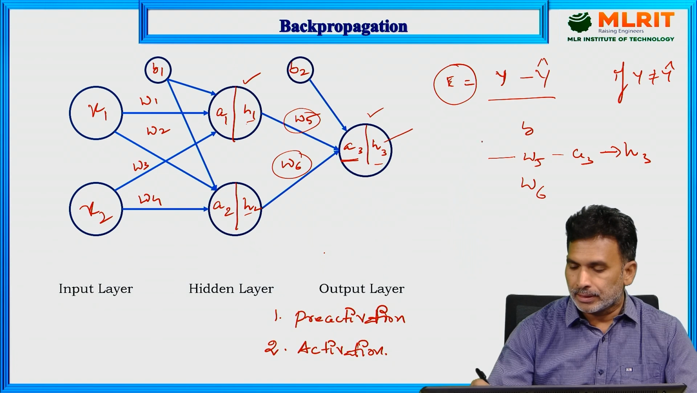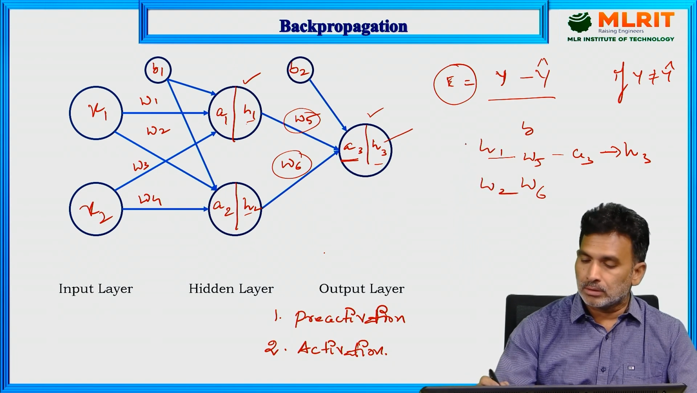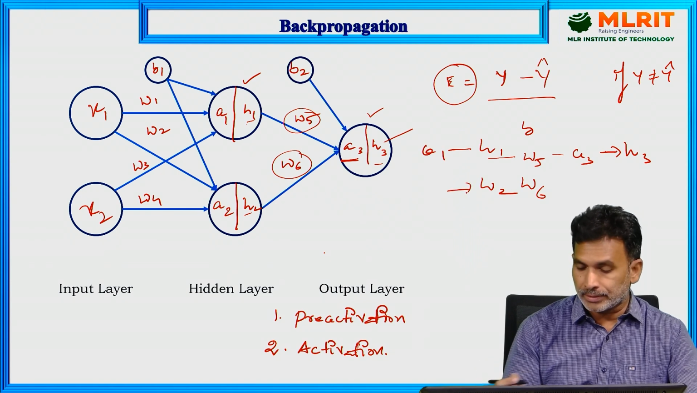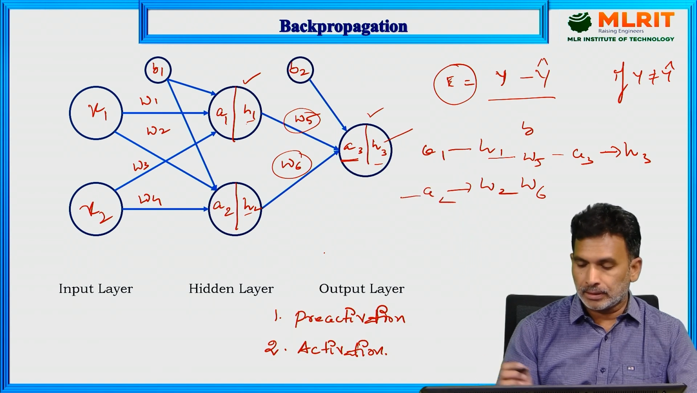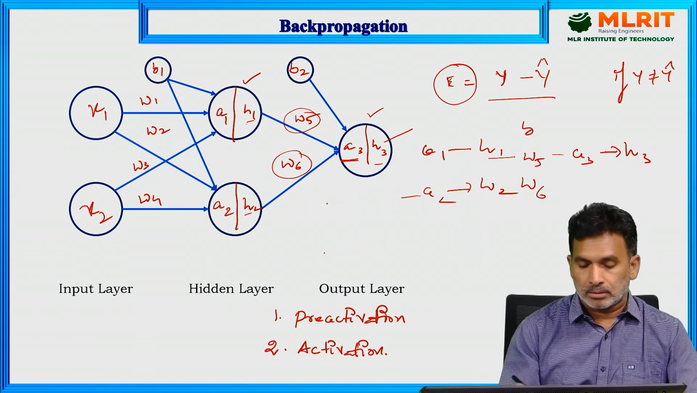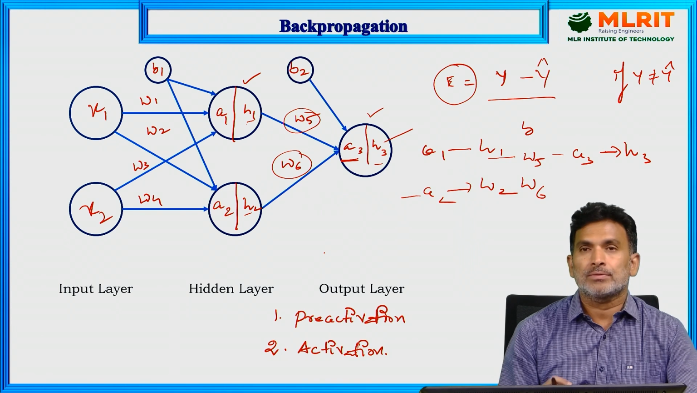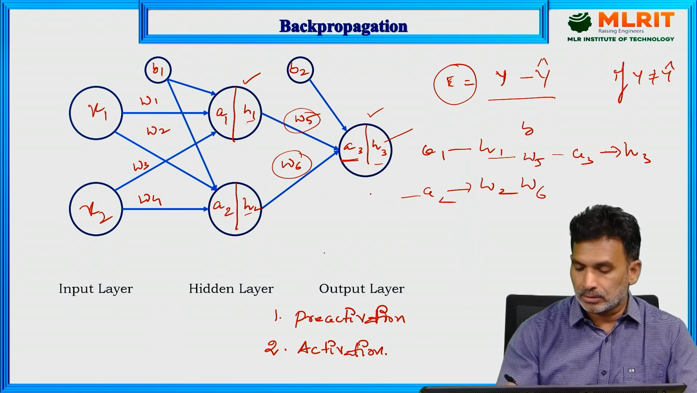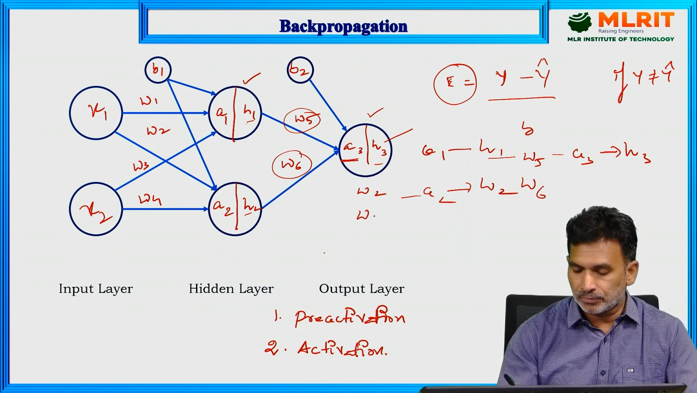I would write H1, H2, and then H1 is influenced by A1, and again in this direction, H2 is influenced by A2. And A2 is influenced by the weights W2 and W4 and the bias. Okay, that is W2, W4 and bias. So these are the